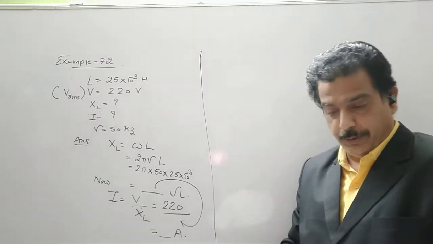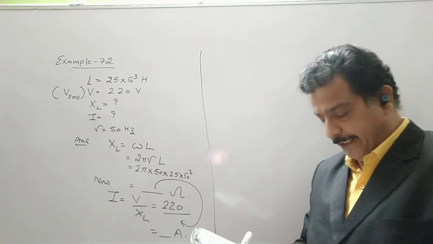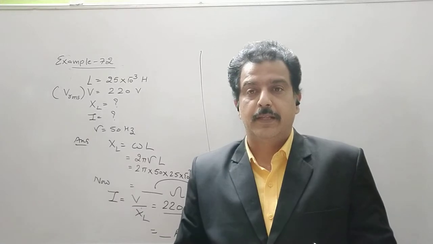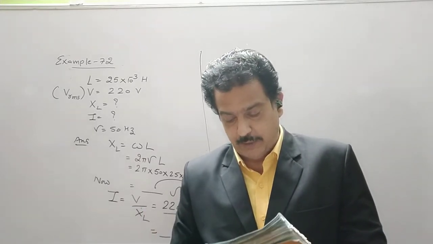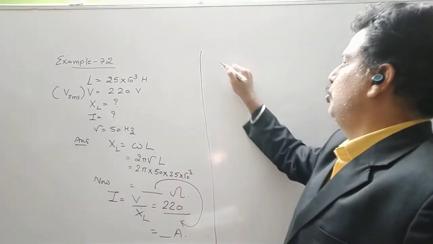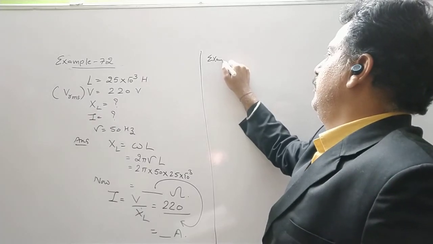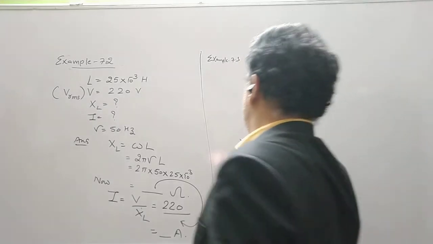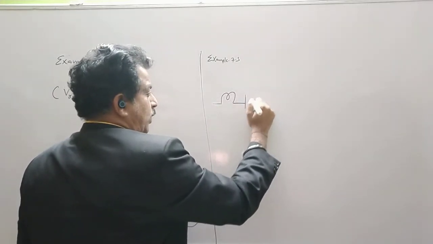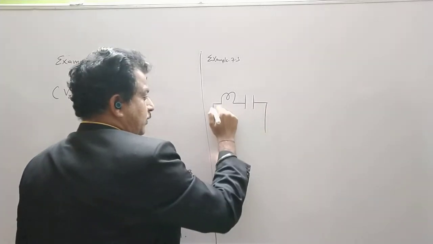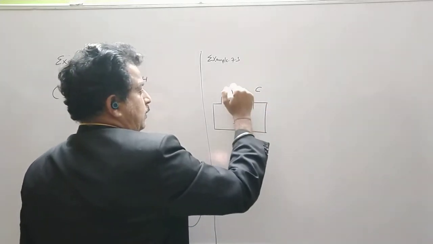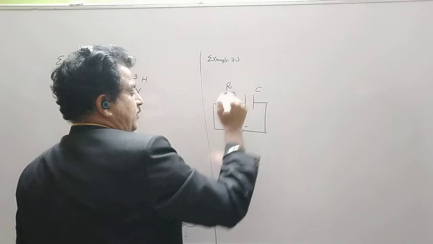Now let us come to example number 3. A lamp is connected in series with a capacitor. So we have a lamp which is connected in series with a capacitor. Predict your observation for DC and AC connection. So there are two cases in this example. We have a lamp. So let us consider this lamp which is connected to a capacitor. Now in one case we have a DC source. Let the bulb have a resistance R.